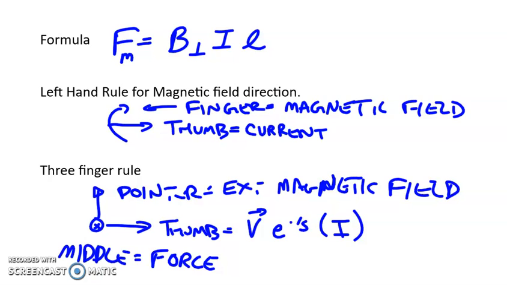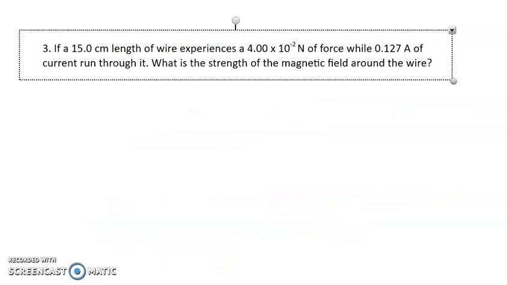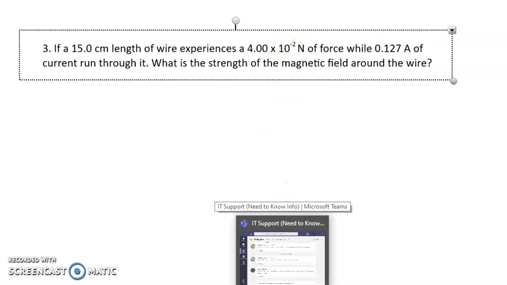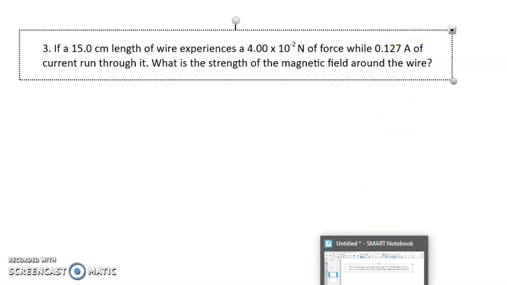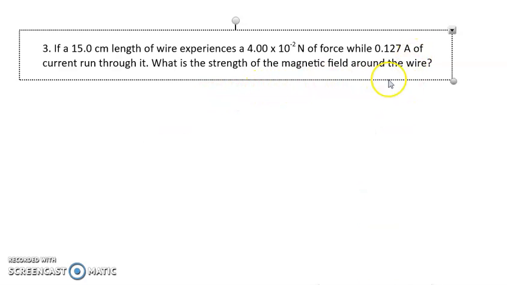So, taking a look at this next example, a 15 centimeter length of wire experiences a force that's only 0.02 newtons, while 0.7 amps of current run through it. What is the strength of the magnetic field around that wire? Well, we're going to take that formula,